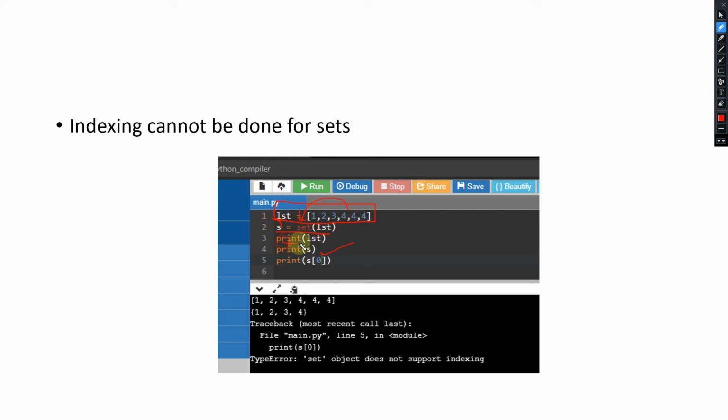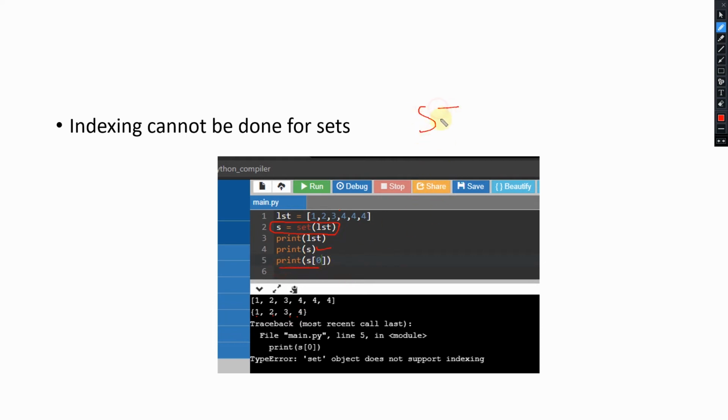I'm printing lst. So when I print, the same thing is printed as the list. And 1, 2, 3, 4 is printed by print s. So print s is printing this variable which has converted this list to set data type, and in this case I'm trying to print...